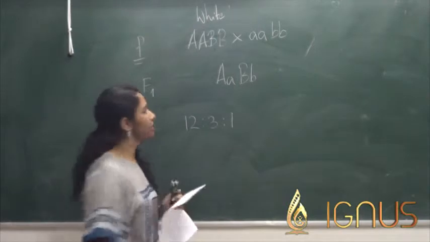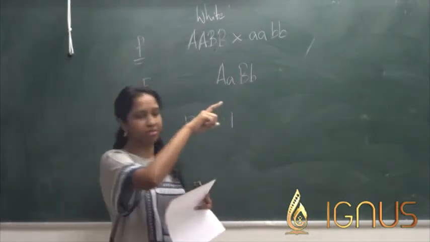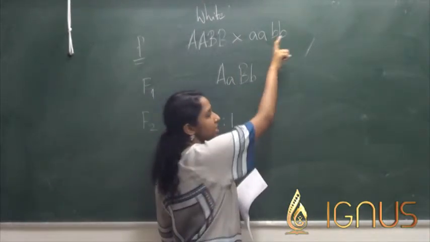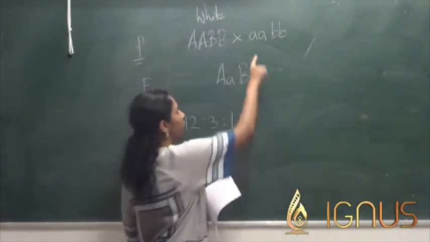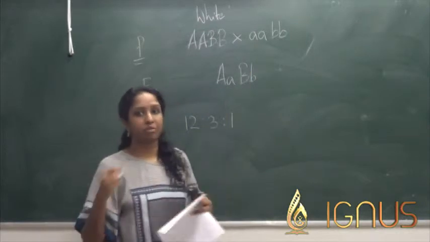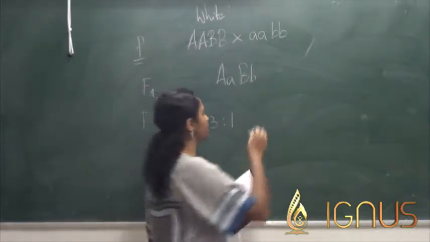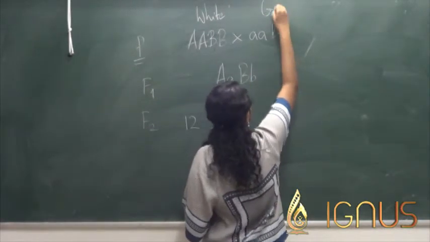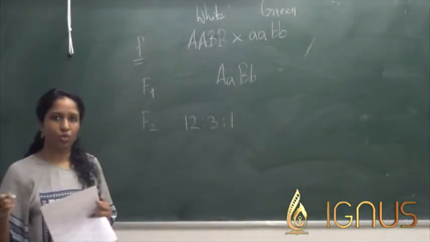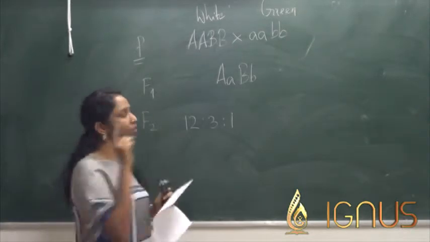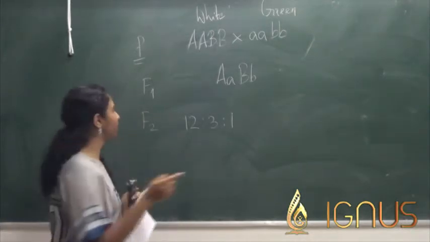Now, if you are taking a homozygous recessive, because the gene B is in a double recessive state, it cannot be white, but also because A is in a double recessive state, the color is going to be green. So you are taking a white colored squash plant, crossing it with a green colored squash plant, and that is